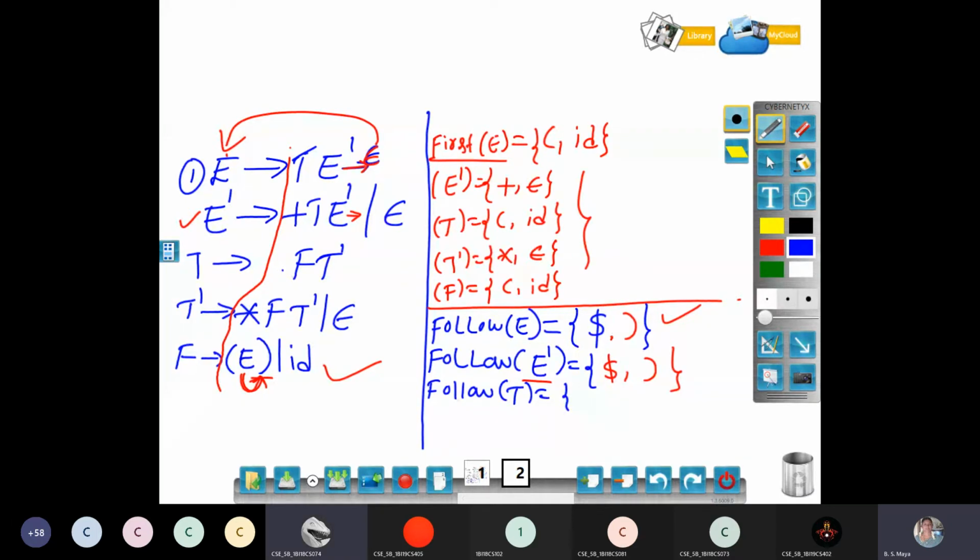First, E produces T E dash. It is there, ma'am. So you have to take. Don't get confused for a minute. It is here, right, first. Okay. I will remove that part. Okay, now come. Likhita, what is for follow of T? For follow of T, we have to take first of E dash, ma'am.